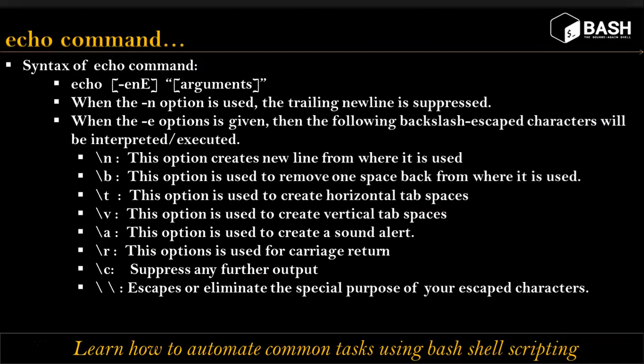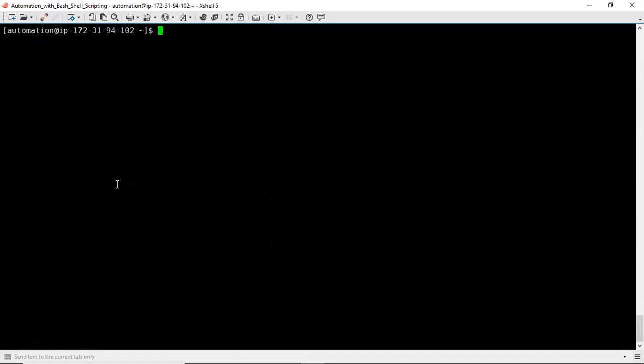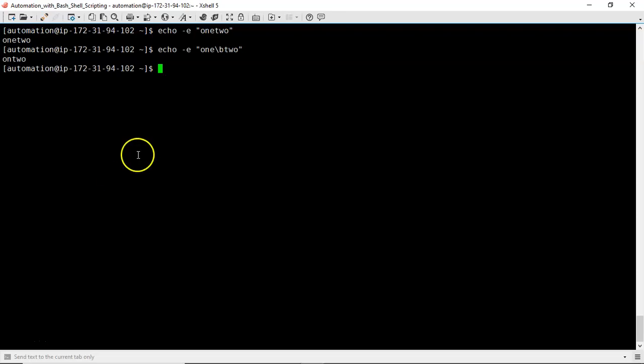Let me show you some of them, or let me go one by one. I am executing directly on the command line. The same thing you can use in your shell script as well. First thing, echo -e, 1, 2 I am writing. And after 1 I am writing \b. Because of that, what will happen? First it will display 1. Then your cursor will come back one position. And it will start writing 2, so that the 1 is overwritten with 2. First, it will display up to 1. Then your cursor is waiting here on your command line. But because of \b, your cursor comes one position back. Suppose if you use 2 \b's, then see the result.